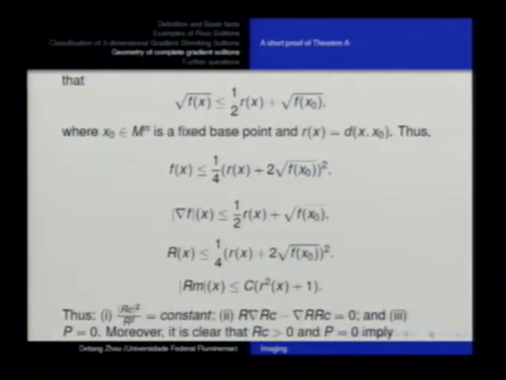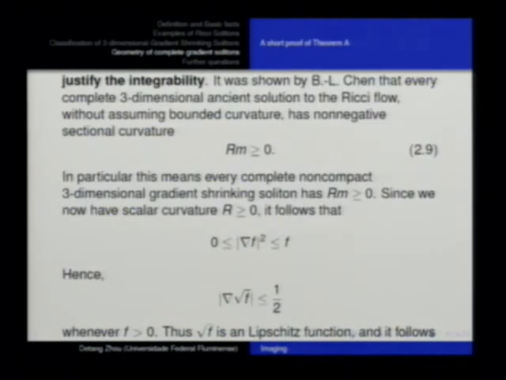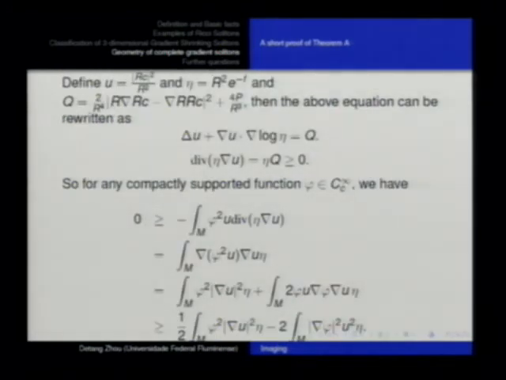So finally, you have volume growth. You have scalar curvature. You can control the scalar curvature. You can control the curvature operator. You have volume growth. Then you can prove that it's finite. So that finite means that